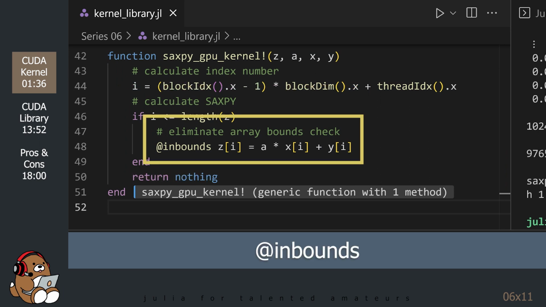The inbounds macro is from Julia base. Normally, Julia will check the range of an array in order to ensure that operations performed on it are within the range. Using the inbounds macro removes that automatic check, which will improve the performance. But that performance improvement comes at the price of removing a safety check, so it also comes with a warning that users are now responsible for performing that check manually.